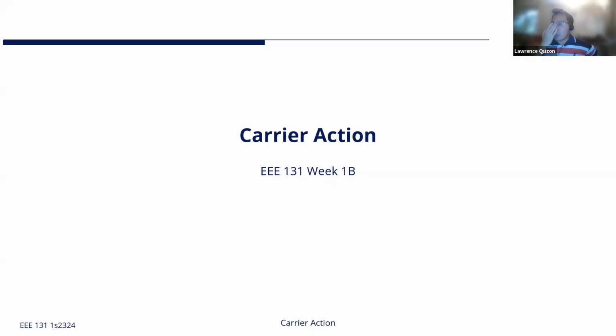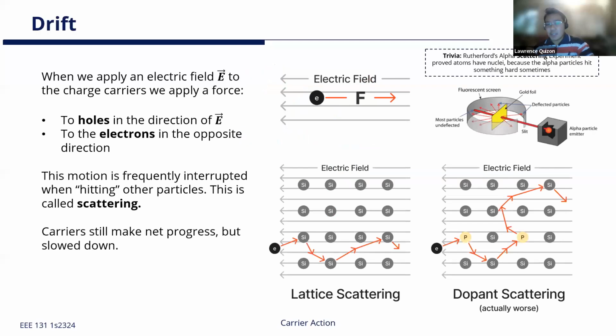Alright, sige. For week 1B, let's talk about carrier action. No? So, what does it mean when we say carriers? These are your electrons and holes, right? Action is what they do, no? So let's talk about what electrons and holes do, no? So first off, let's talk about drift. So we know from physics 7.2, yes, right,